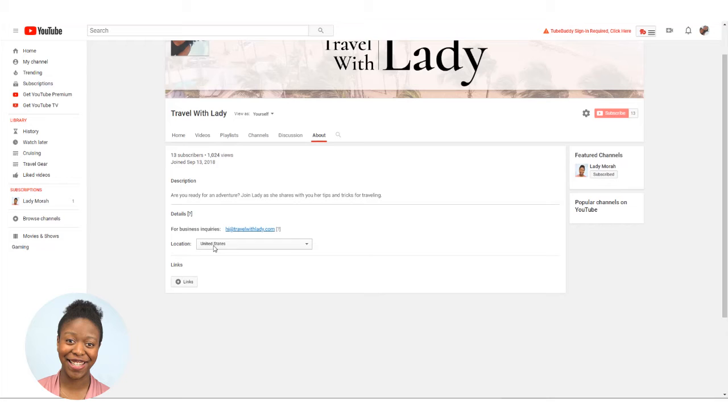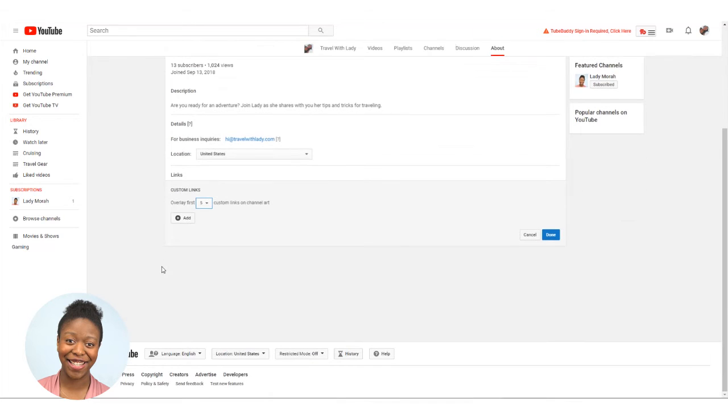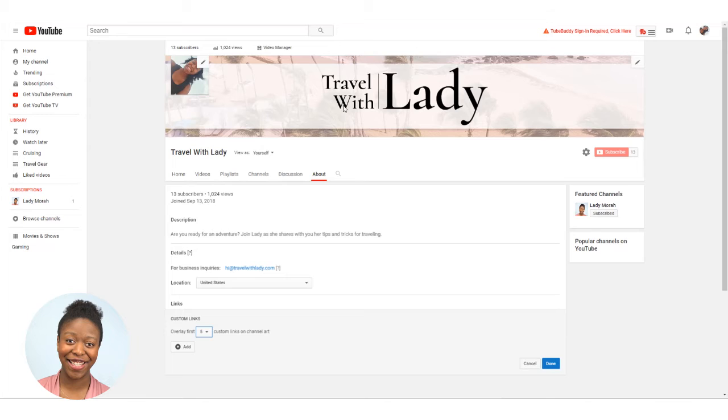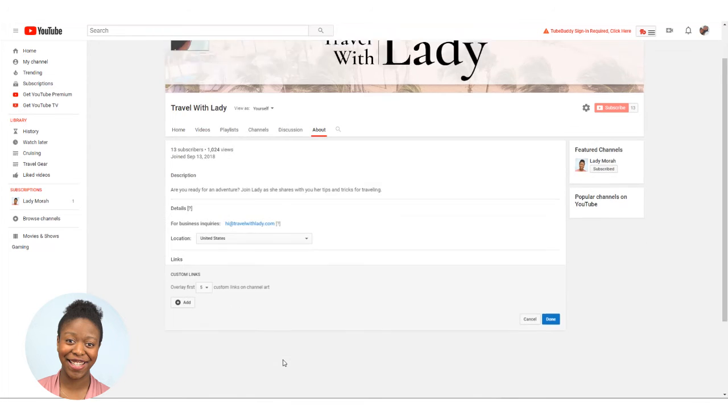Next are the links. So we can choose how many. So in this banner here, we will have our links show up in the bottom right hand corner. So this number chooses how many we want to show up. We can either have none of them show up, 1, 2, 3, 4, or 5. Let's see how many we're adding, and then from there we'll determine how many we want to show up. So let's click add,